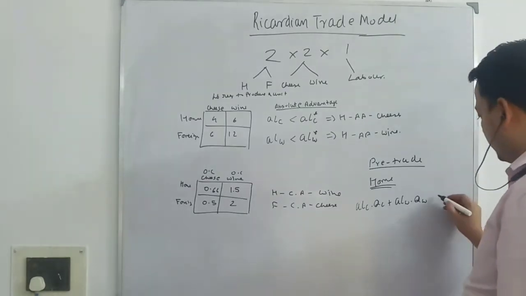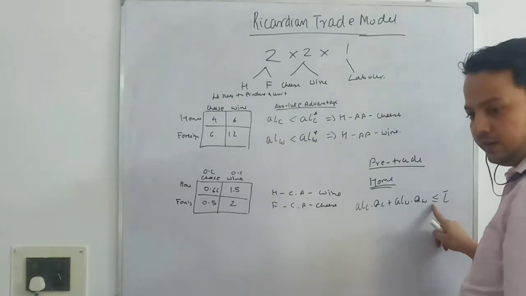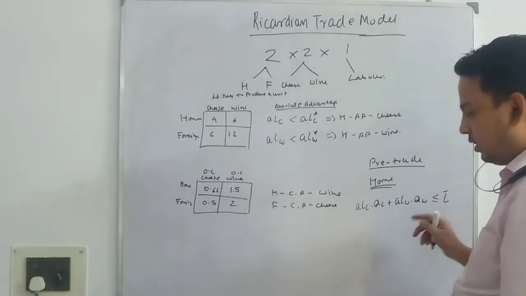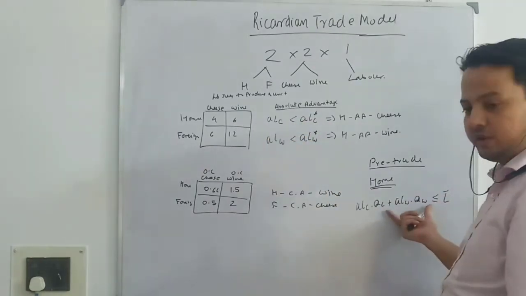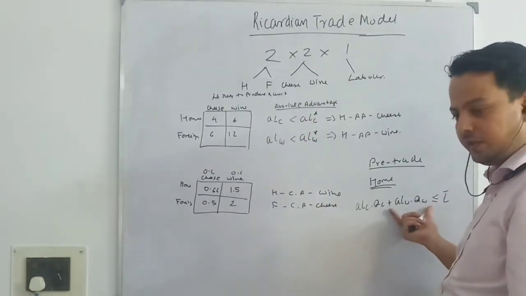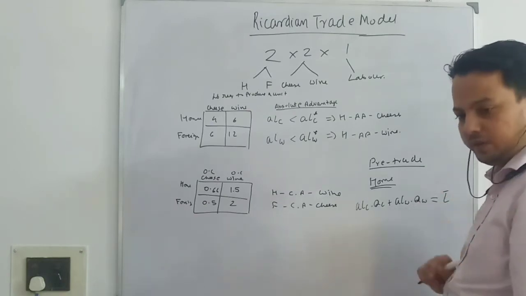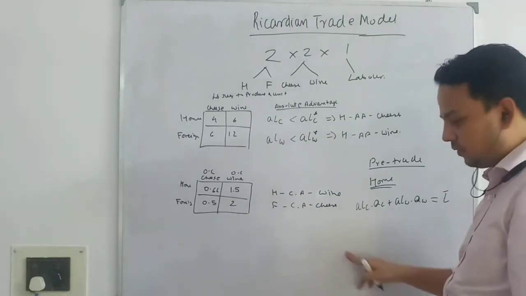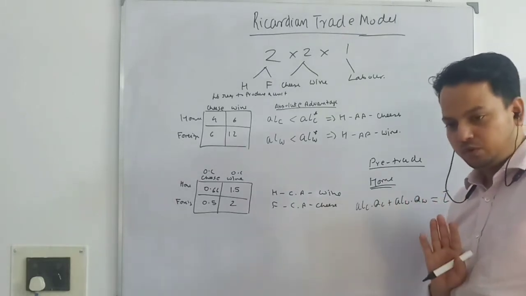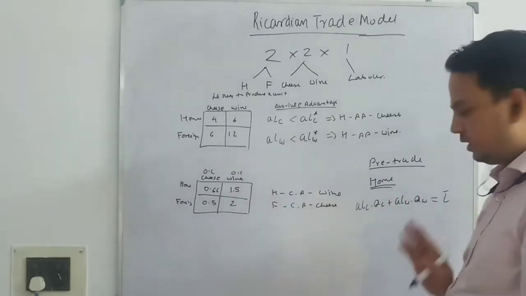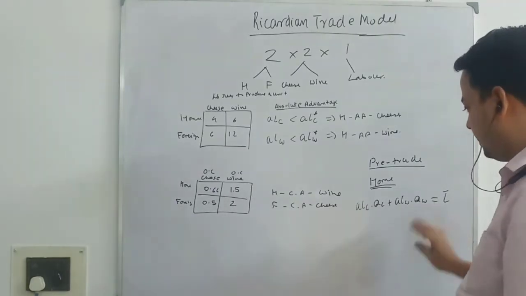If I put less than or equal to L bar, you have the budget set; this is the production set, the production possibility set. When you put the equality sign, it is the production possibility frontier. That means we are looking at the frontier, that means resources are fully utilized. There is full employment of resources, there is no inefficiency. That is why we put the equality sign. Just for technical purposes, I finish it here.